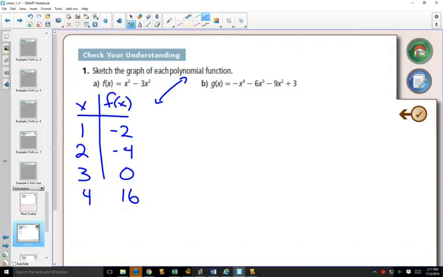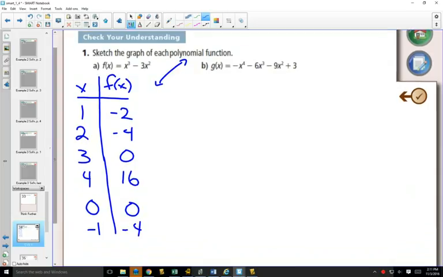Now, we didn't have to do just positive numbers. We could also include 0, which is a good one to include because it's easy to calculate. Negative 1 would be a good one to include some negatives. And negative 1 cubed is negative 1 minus 3 times negative 1 squared, which would be negative 4. And let's just do one more point. Negative 2 will be negative 8 minus 12, negative 20. So now that we have